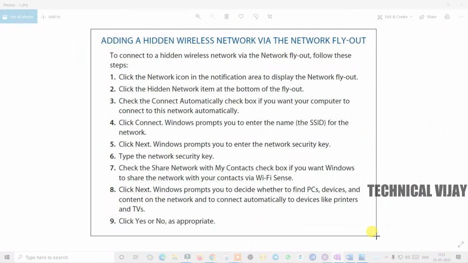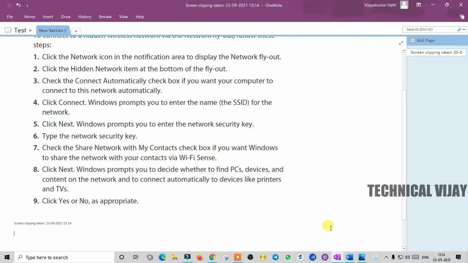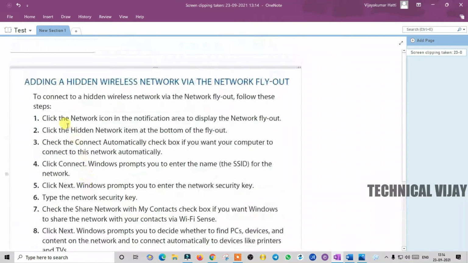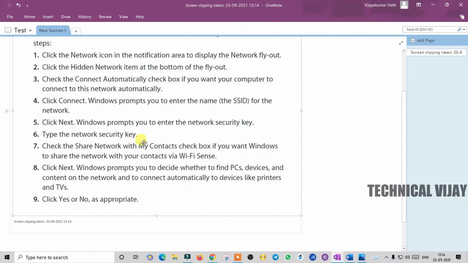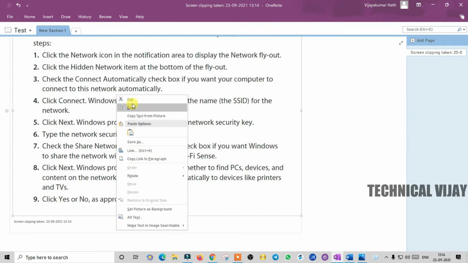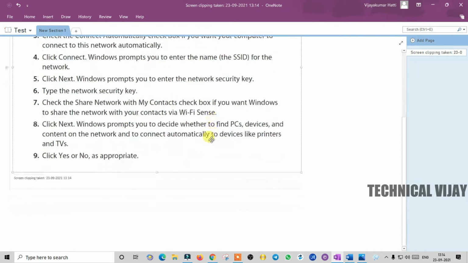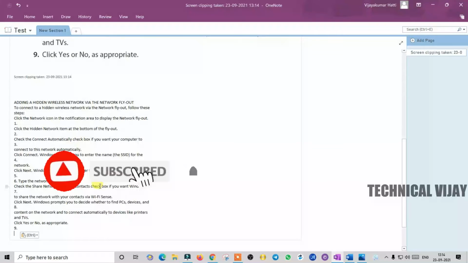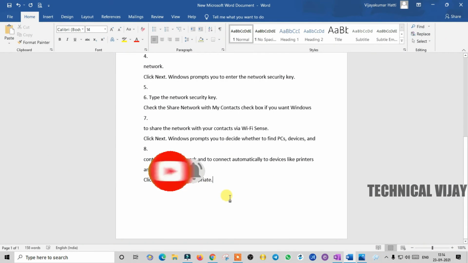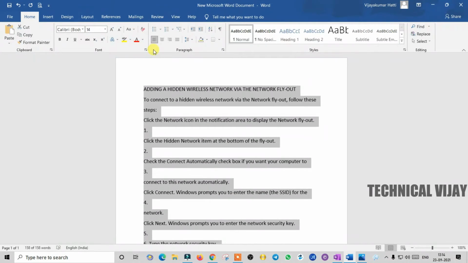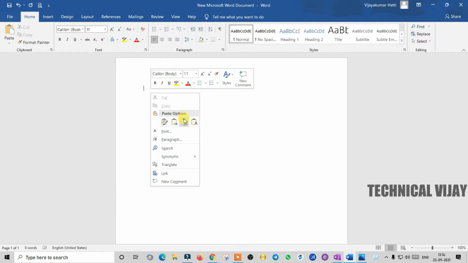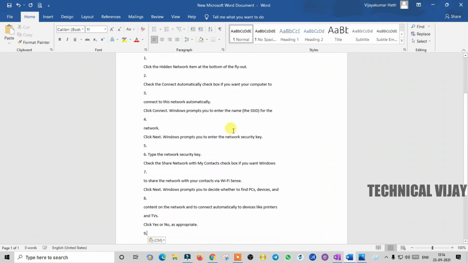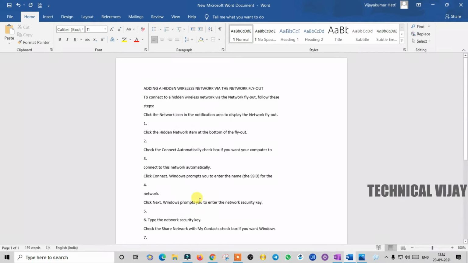Now I am selecting the full data. You can leave the mouse button. After that, see here, this is in picture format. Again right click here and choose Copy Text from This Picture, and of course you can paste it as text. I will delete this, go here and paste, using Keep Text Only. So this is the second method in Microsoft OneNote itself.